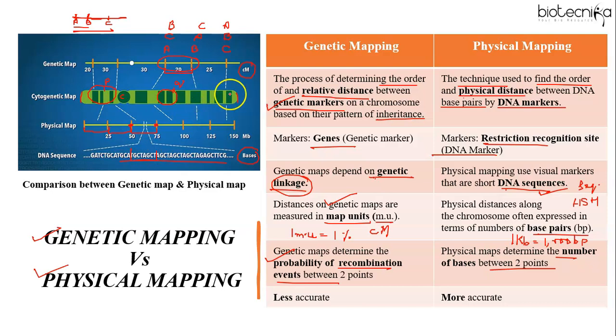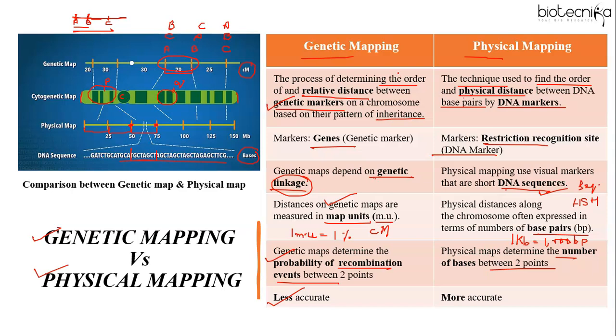And if you compare genetic mapping and physical mapping, genetic mapping is less accurate in comparison to physical mapping, as here we are determining the relative distance and not the physical distance. Genetic mapping provides firm evidence on genetic disorders associated with one gene like cystic fibrosis and muscular dystrophy, or 2 genes, for example diabetes or cancer. Whereas physical mapping is important to identify the origin of diseases, whether they are inherited or arise due to